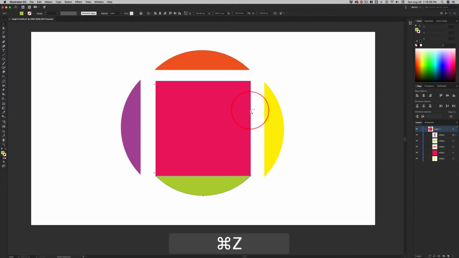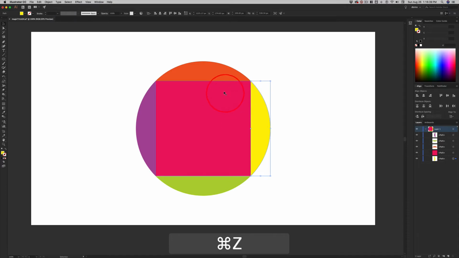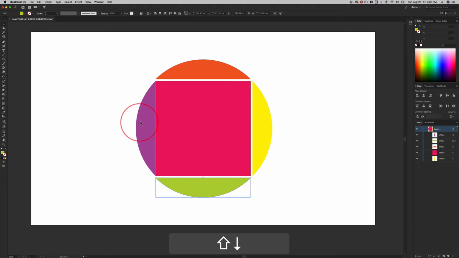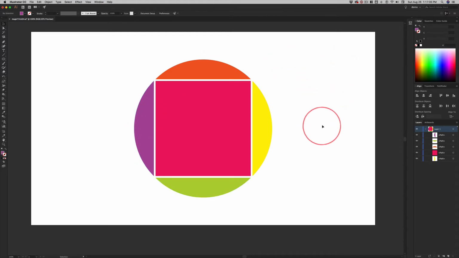And if we undo, and I didn't like how they just moved out a little bit. What if we took this orange, selected it, and went Shift Up Arrow? Up arrow moves it 1 pixel. I'm going to hit Command Z. Shift Up Arrow moves it 10 pixels. Shift Right Arrow, 10 pixels, and I think you know where this is going. The different arrows along with Shift let you move things a specific amount. Okay? So, little added bonus, and from here you could go ahead and turn this into a live paint group and do stuff like that,